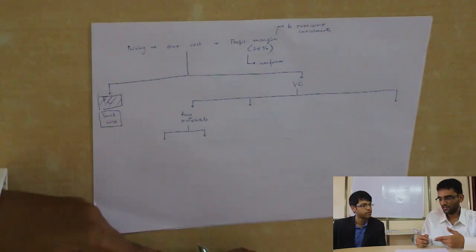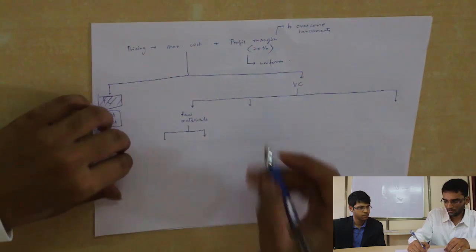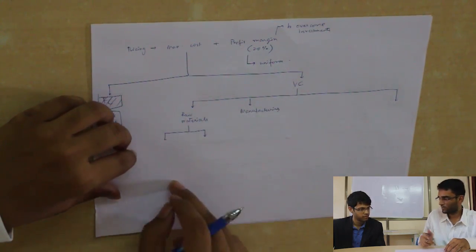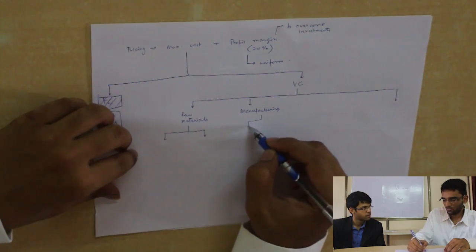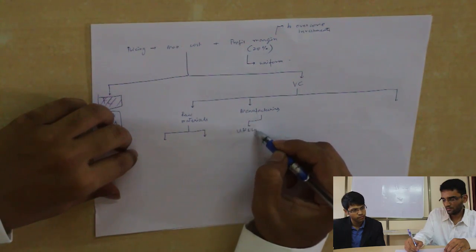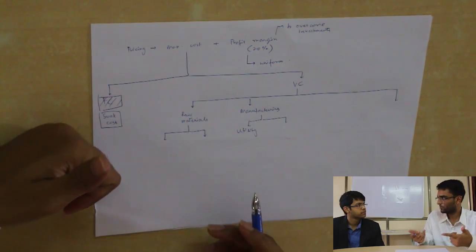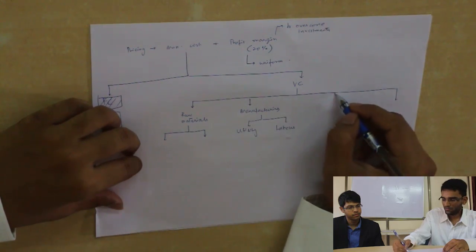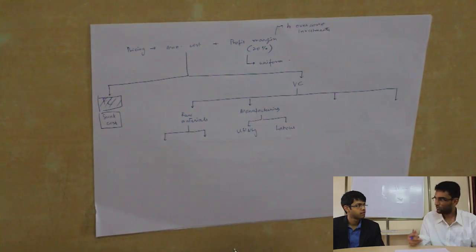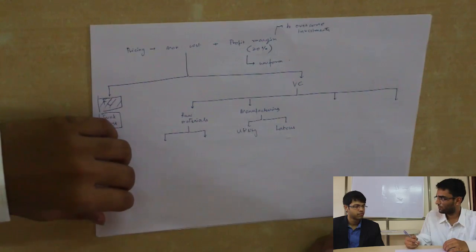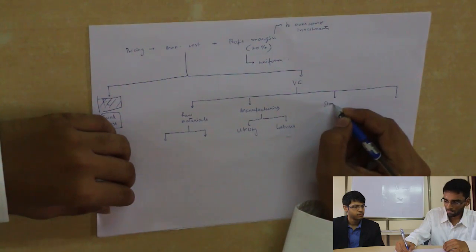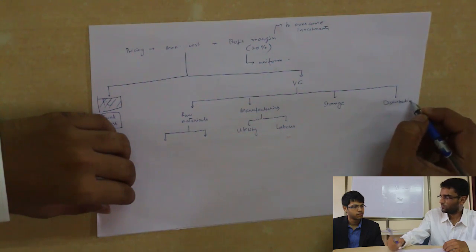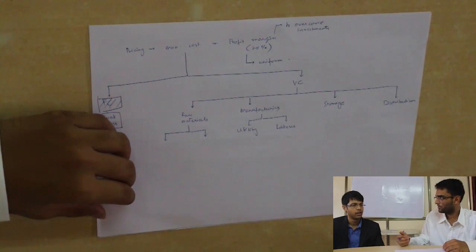Then once I have the raw materials, I'll need processing. So there'll be manufacturing. In manufacturing, I'd like to break this down quickly because I think there'll be two costs. One is the utility that is used, for example, electricity, fuel, and so on. And there'll also be labor. All right. Once we've manufactured, we'll need to store them, so there'll be some storage costs involved. And there'll be distribution costs, for example, transportation to the distributor, and so on.